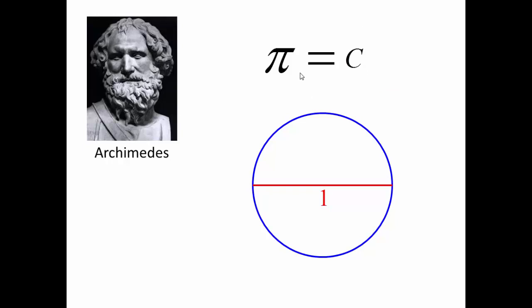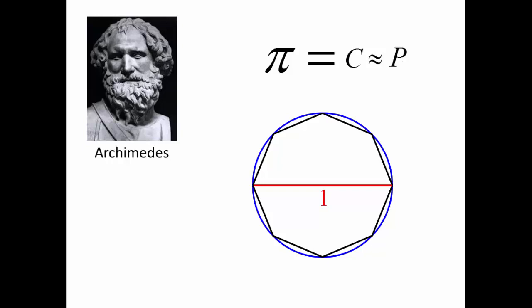Now this doesn't do away with the difficulty of measuring the curved length of the circle, but to get around that problem, we simply inscribe a polygon. Inscribe a polygon inside the circle, and then the perimeter of that polygon is roughly equivalent to the circumference of the circle. Therefore, the perimeter is an approximate value for pi. Now, of course, it's not the exact value of pi. The polygon is a little bit too small to represent the actual circumference of the circle. But what we can then say is the perimeter is not the exact value of pi, but the perimeter can be described as a lower bound of what pi actually is.